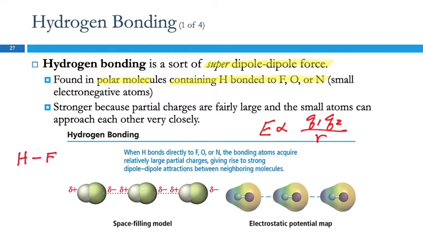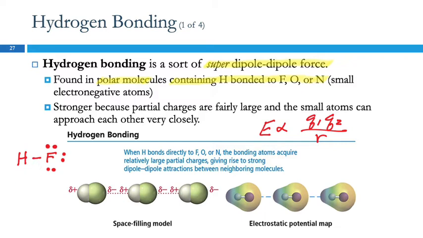So if we drew the Lewis structure there, this is a bond between hydrogen and fluorine. And so it's very easy to confuse this and say, well, that's a hydrogen bond. Well, that's hydrogen bonded to something, but it's not a hydrogen bond. I don't think this is the greatest name, but we're stuck with it. The hydrogen bond is the attraction between the two particles. It is not the bond with hydrogen.